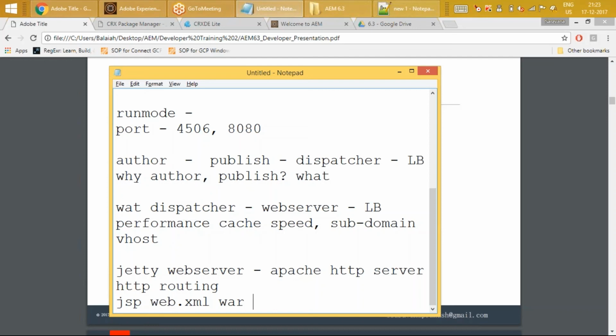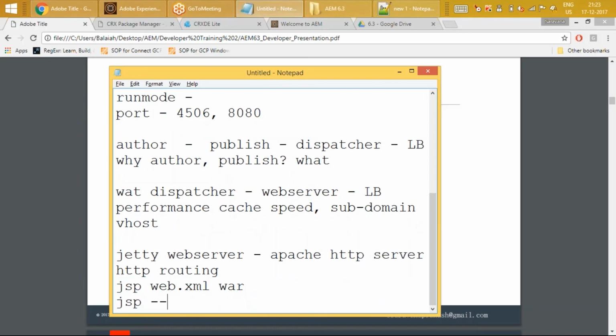In order to process all these, my HTTP server does not know how to process these. When I get a JSP request, at runtime, the JSP will be compiled into a servlet file. This happens during runtime.